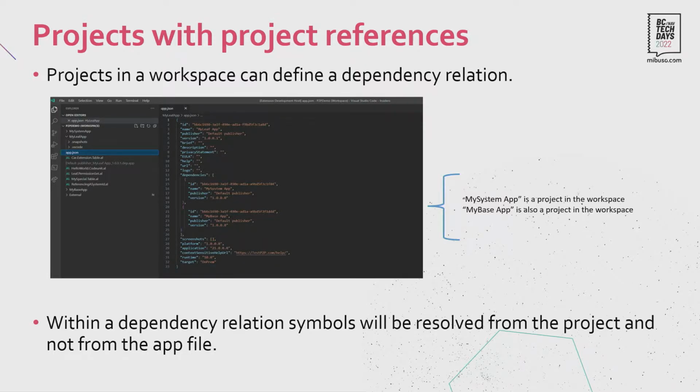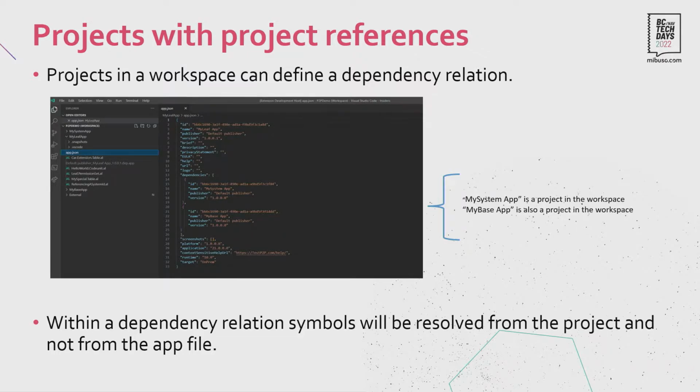If you work with Visual Studio, you have similar notions. A workspace is sort of similar to a solution, and then you have projects in Visual Studio, and you have project references. So in AL, these are very similar